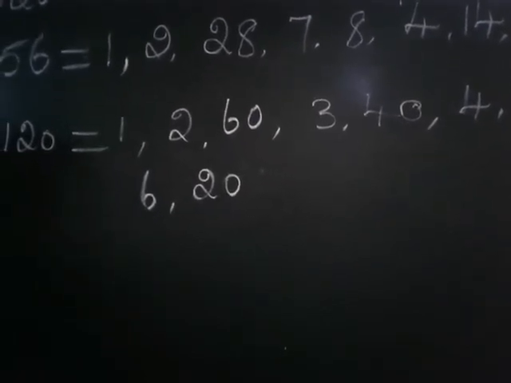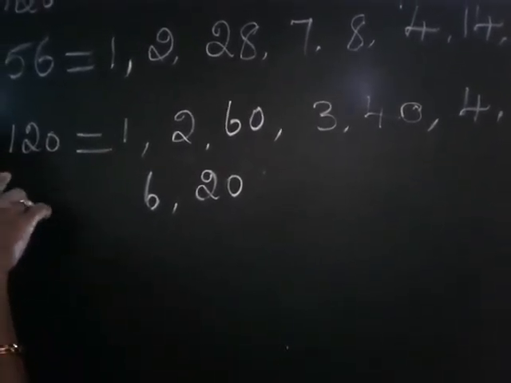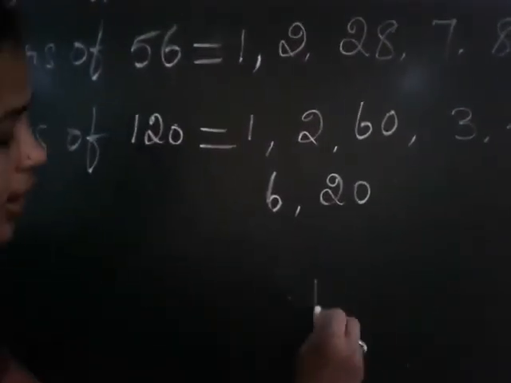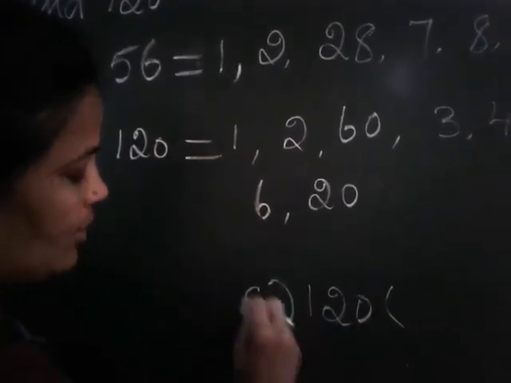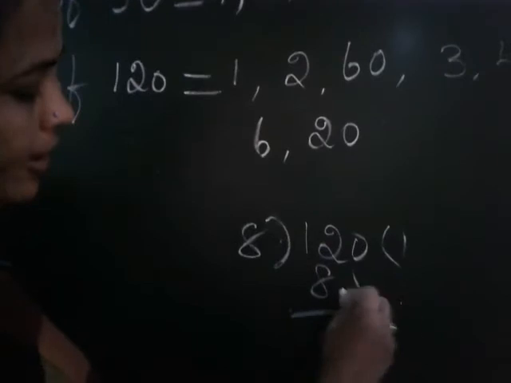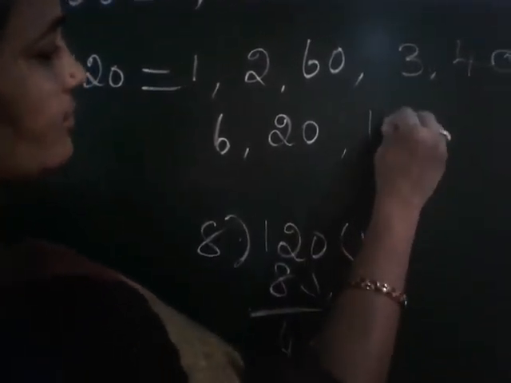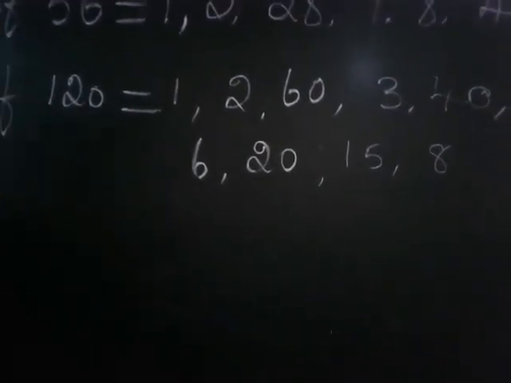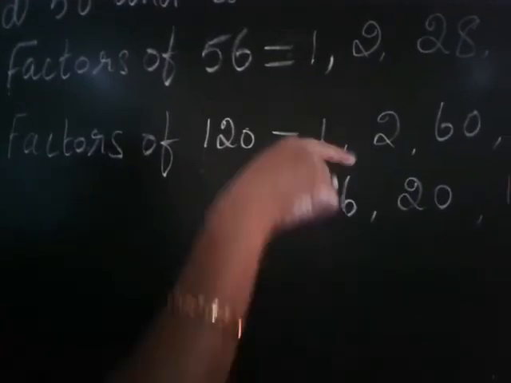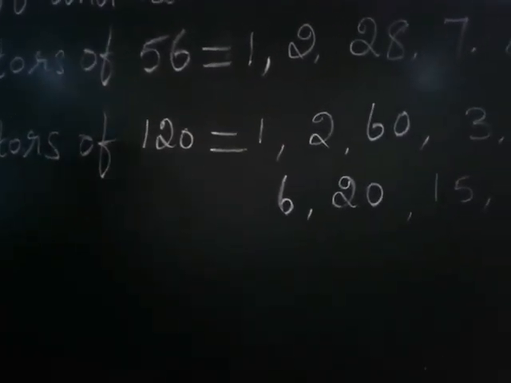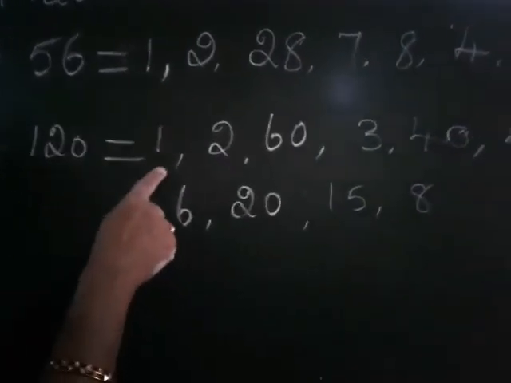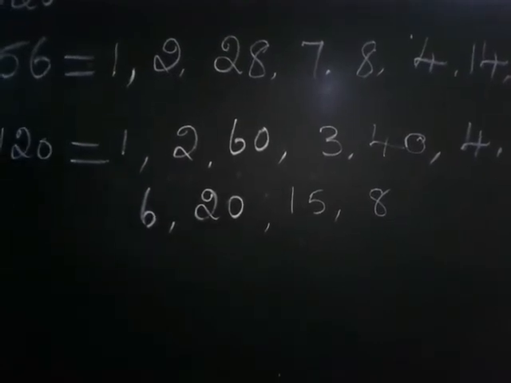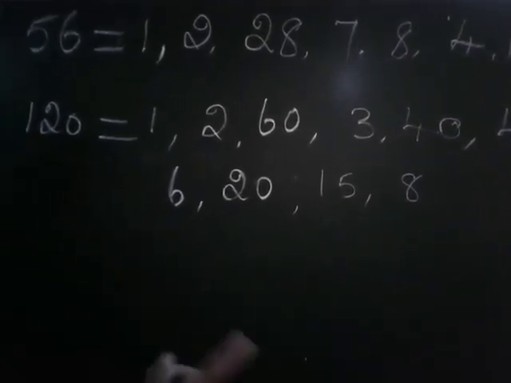The next, will any other table go? The 8 table will go. 1 8 is 8, means 4. Yes, the 8 table will go. How many times will it go? 120, if you divide by 8: 1 8 is 8, 4, carry down this 0, means 5. So 15 8s are 120. You want to write like this. You have come to 6th standard, so you try to write the factors. You should not leave out any one factor, because that will be a common factor, and then again a problem. So these are the factors I got for 120: 1, 2, 60, 3, 40, 4, 30, 6, 20, 15, 8. Is there any other number? 15 8s are, 8 15s are also the same one.